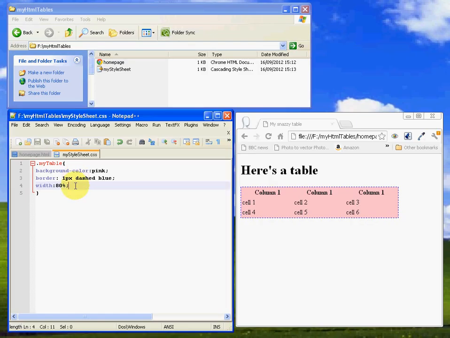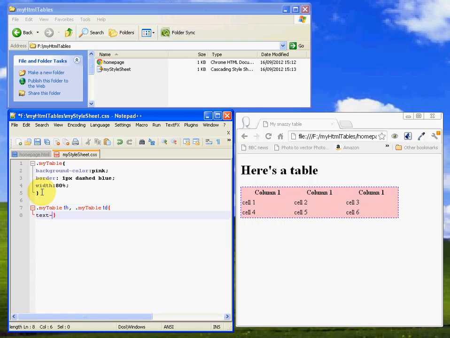At this stage, I'm just going to focus on the table. Let's have a look at what else we can do. Let's say we want to align all the text in there as well. So we want to grab the headings and the cells and make sure they're all aligned. The way you do that is you say my table, and we grab the table headings, and we do my table, grab the cells, and we say for those